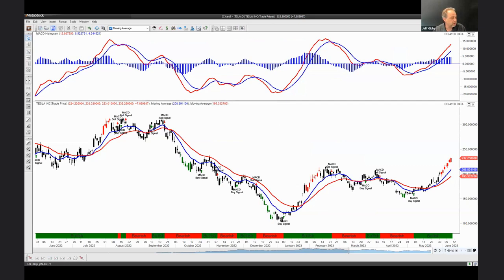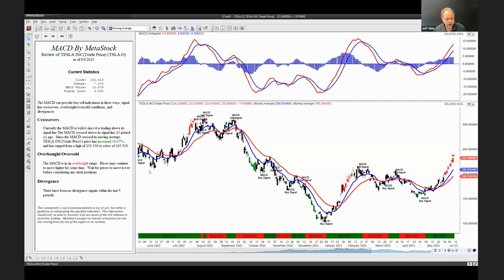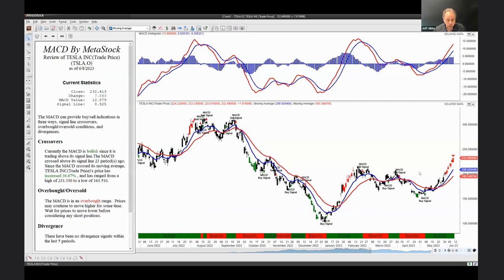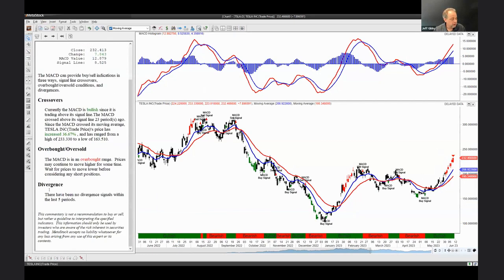So that expert advisor, I'll click back into that commentary. The last thing it says, again, we're looking at this day right here, there have been no divergent signals within the last 5 days. So if it sees that type of a divergence,